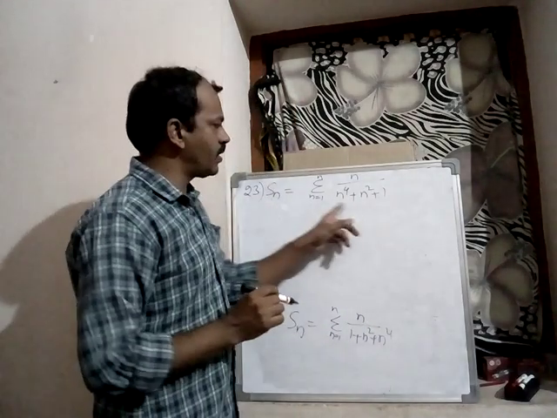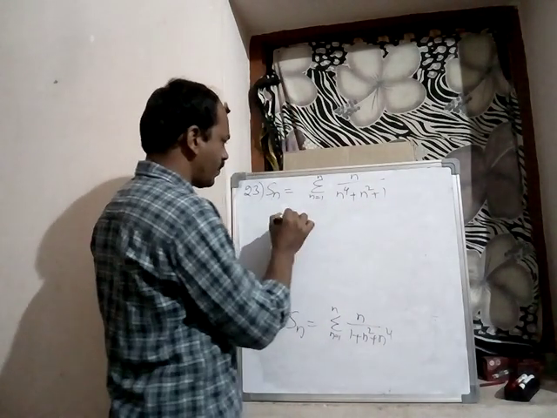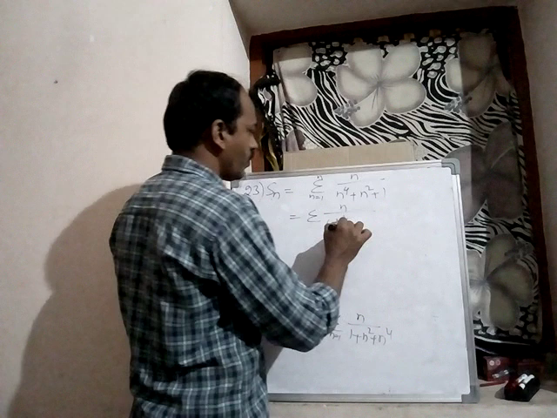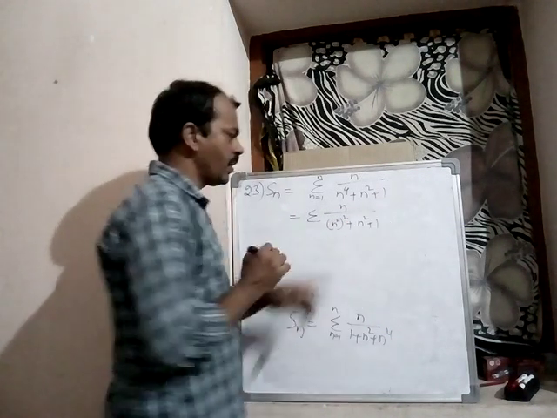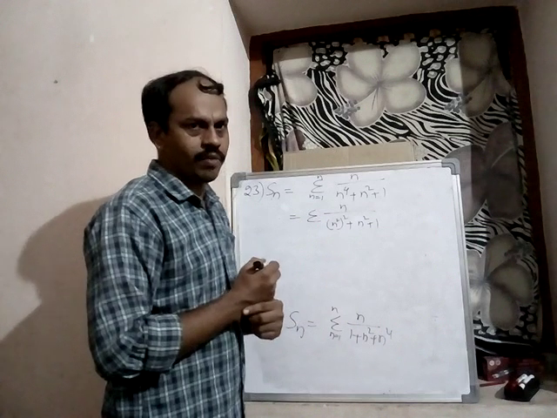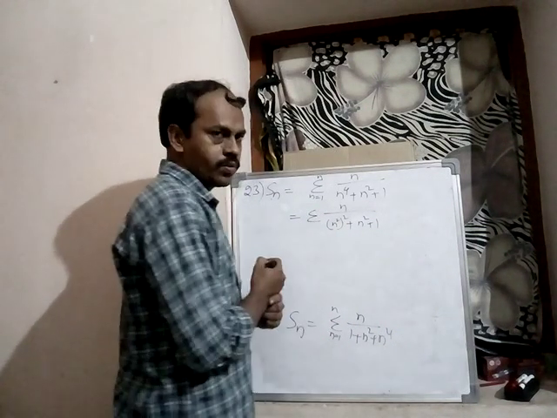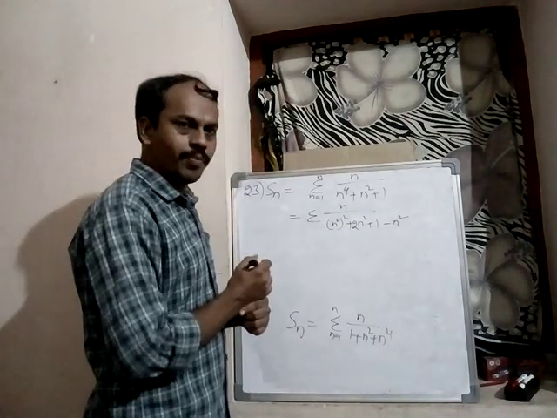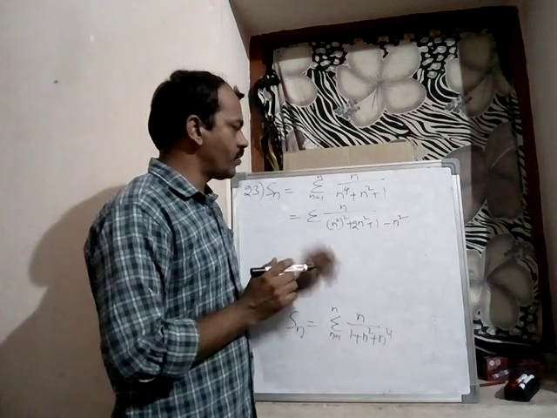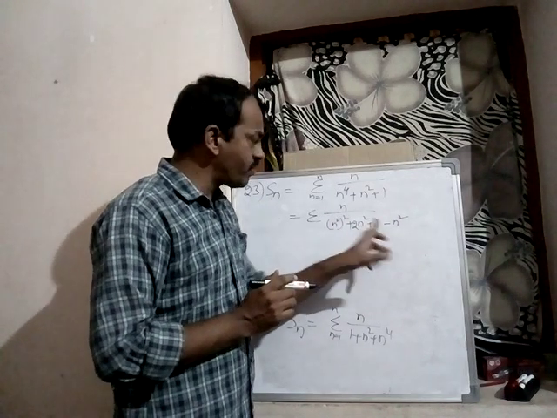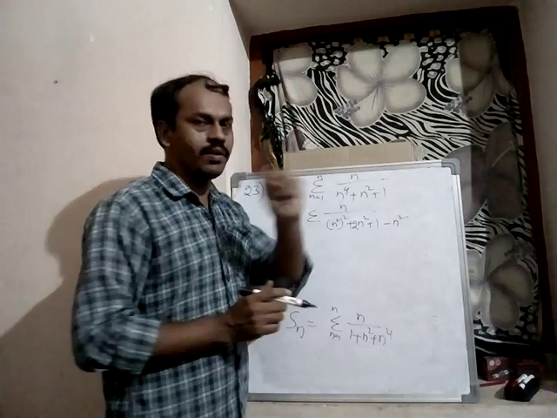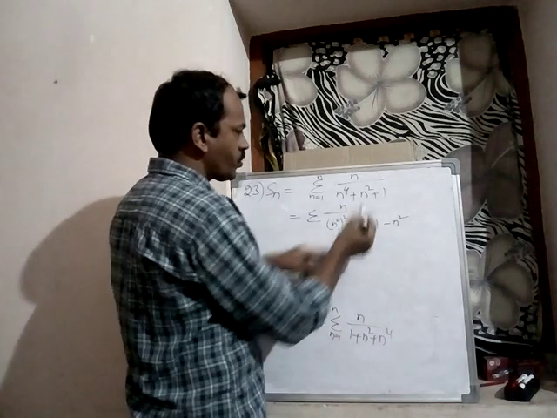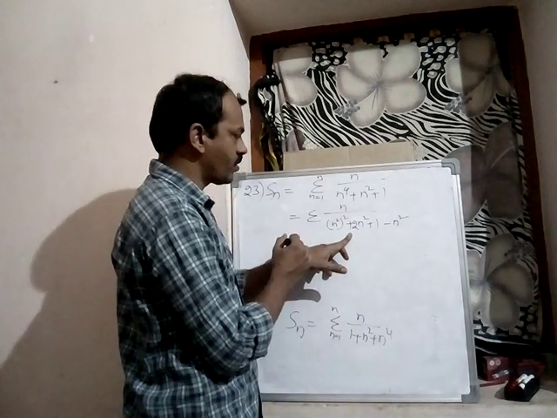Now observe this denominator. This can be expressed as sigma n by n square whole square plus n square plus 1. It is the a square plus 2ab plus b square form, but the middle term is not there, so that's why we add and subtract n square. Add and subtract n square. So n square whole square, plus 2 times n square, minus n square, so it becomes 1 n square. So n to the power of 4 can be written as n square whole square plus 2 times n square minus 1 times n square plus 1.